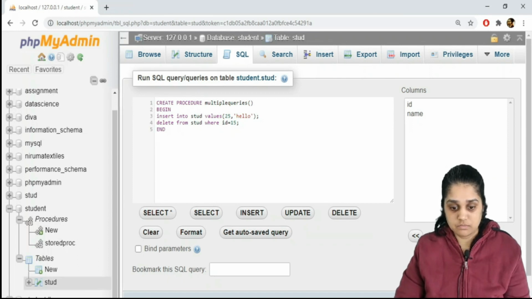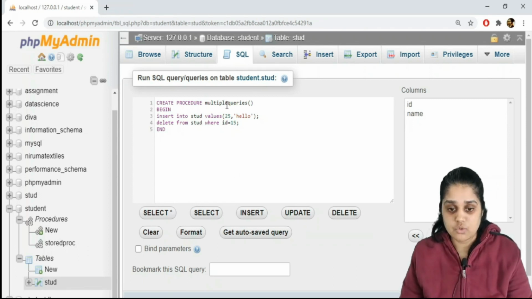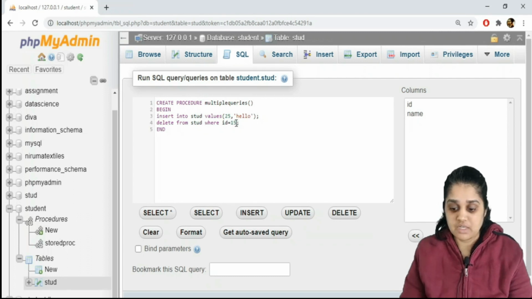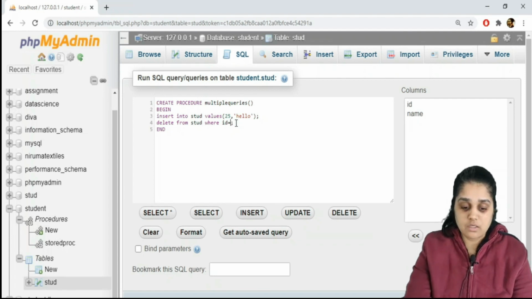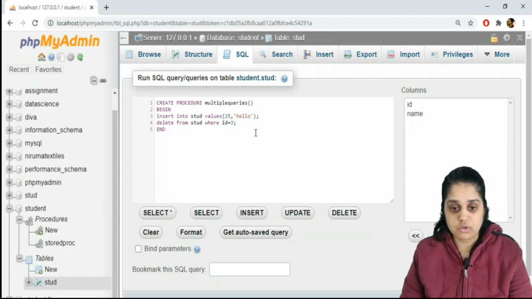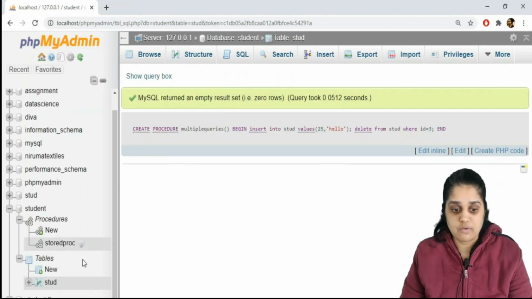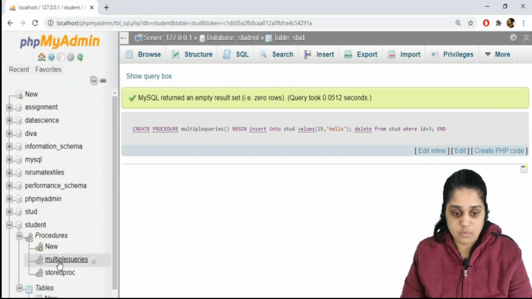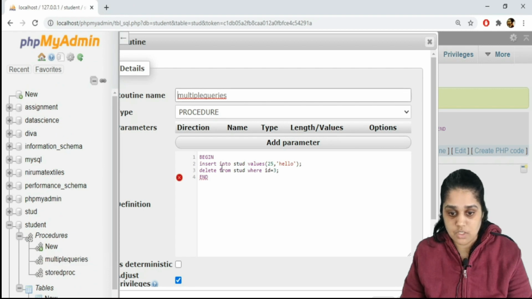Delimiter we will do $. Okay, create procedure, begin, insert these 2 and delete from where ID is 15. We don't have 15, so let us make it 3 because we have data for 3. Okay, and we can fire on go. So we have created a new stored procedure, multiple queries. So here I have 2 different queries.